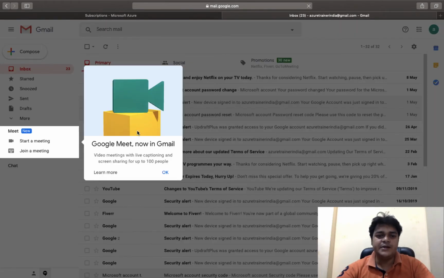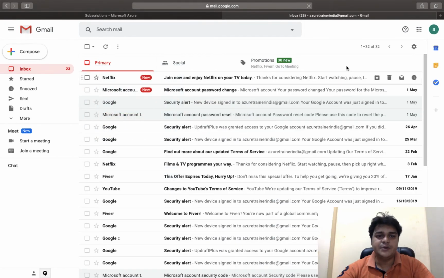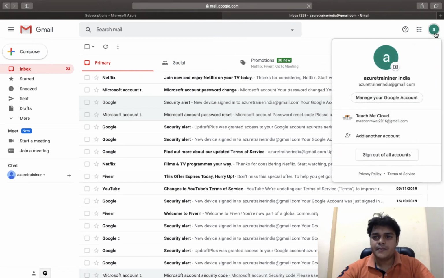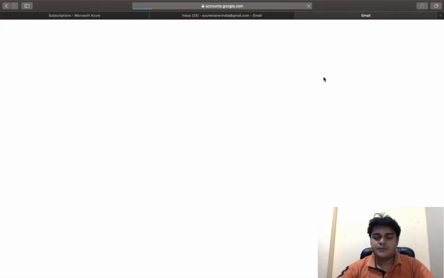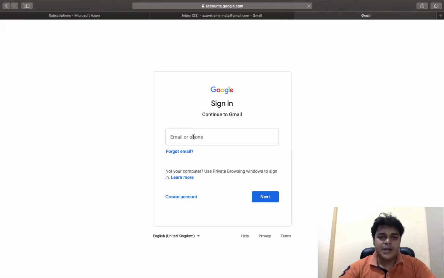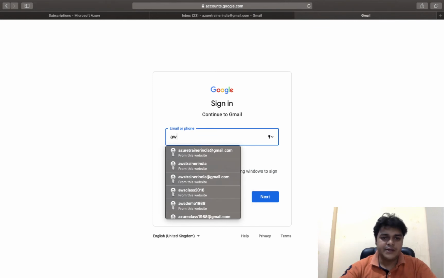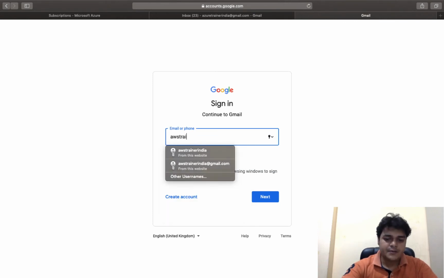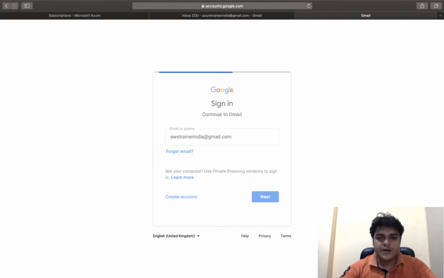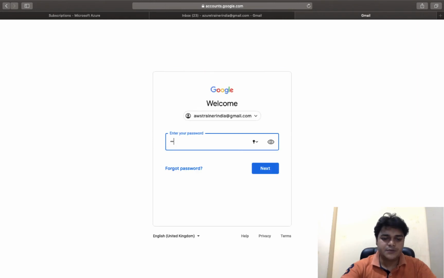Our mail ID is AWS Trainer India at gmail.com, right? So I'm just going to log out. Type your mail ID, and provide your password.